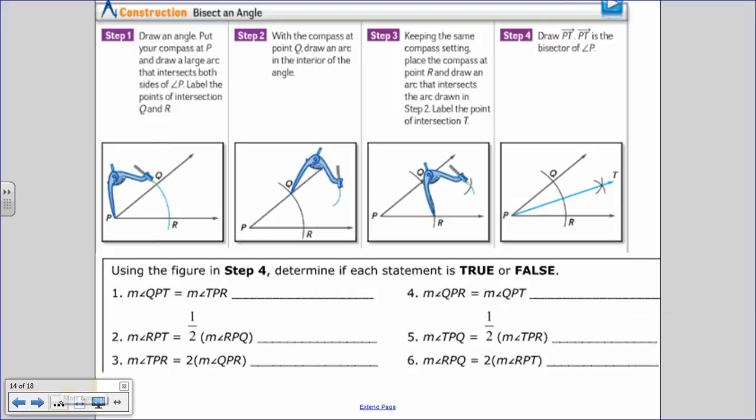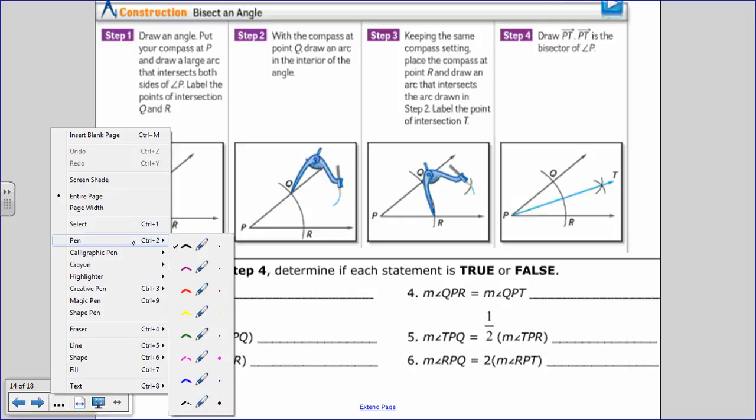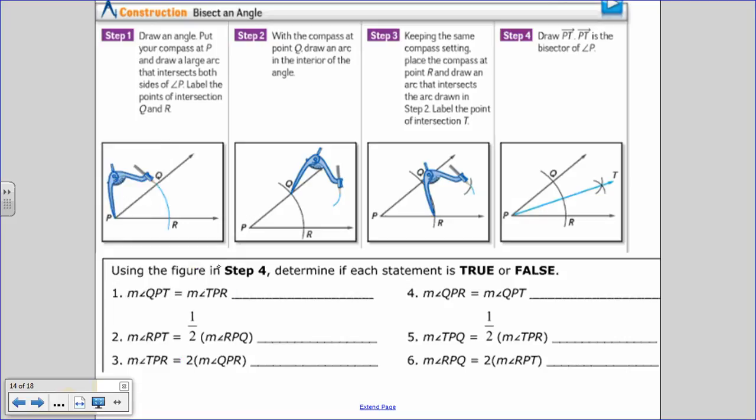What you see illustrated is how one could construct an angle bisector. So the last picture shows the final result. It shows PT bisecting angle P. Remember that bisect means cuts in half or cuts into two equal parts. So that means this little angle QPT